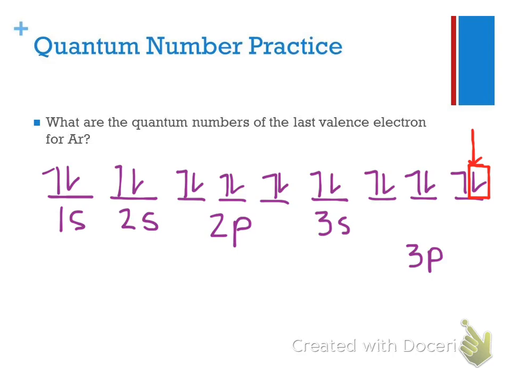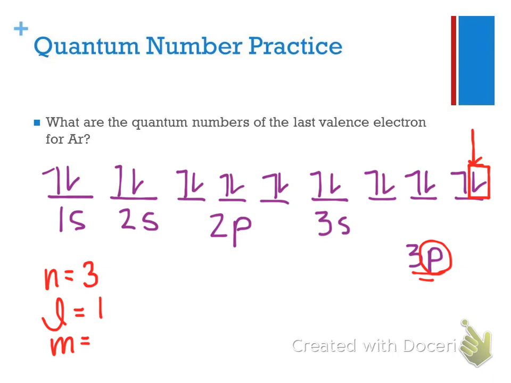So we know that it is in the 3p block. What energy level would it be in then? n equals 3. We know it's in the 3p block, so the energy level is 3. The shape, which is indicated by l, what's the shape of the orbital that it's found in? It's p. So what number goes with the p orbital? 1, sorry. Okay, m is equal to